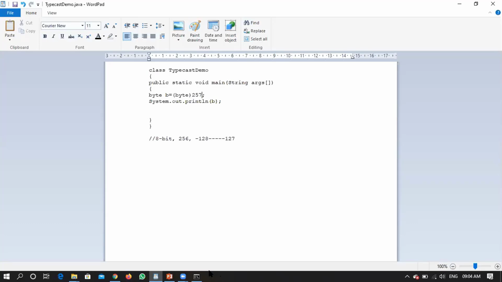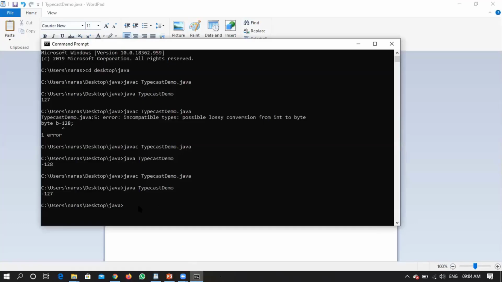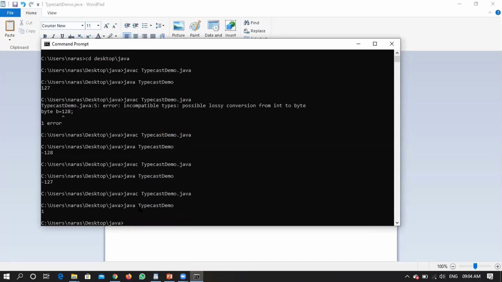So if I execute my program now, for the value of 257, the output should show as 1. Is it? Yes, right?